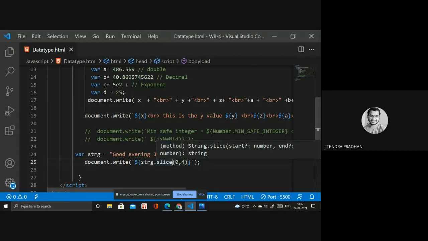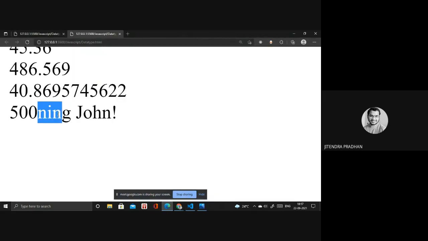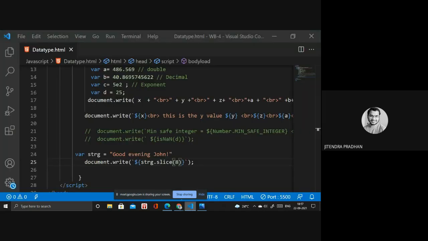Okay, next, if you want to extract only using the starting index number, at that time you have to use something like 8. So if I see this, "ning Johan" is there. Why? Because the starting index number is there, but we don't have the final or last index number, whatever you call it.